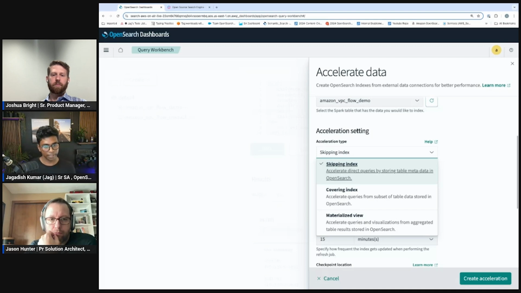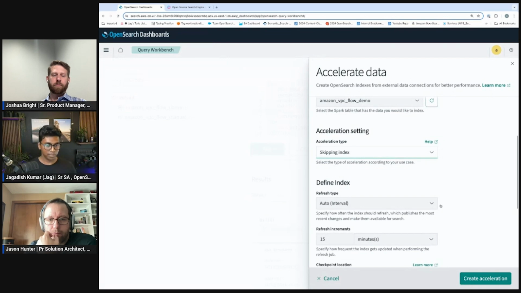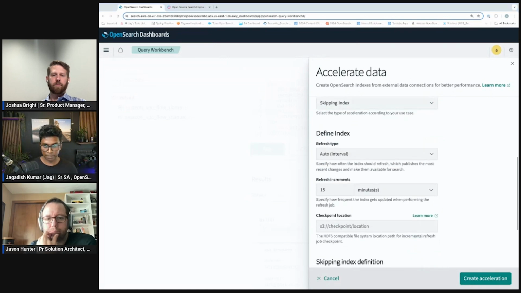So that's covering index. And materialized views are materialized views, right? So we aggregate the data, bring the aggregated data in OpenSearch, and use that for any kind of queries or visualizations. So the first one, I'm going to do skipping index. I have to give a checkpoint location to make sure this is happy. So I'm going to say checkpoint, AWS OnAir,